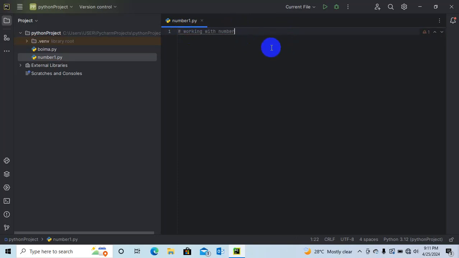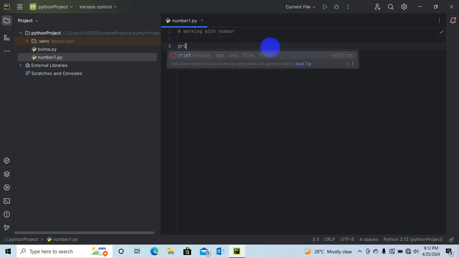Okay. Now we can enter like this, and the first thing is we are working with numbers. So we can use a variable to declare a number in Python. Let's say, for example, let's use the print function to print a number, 80.